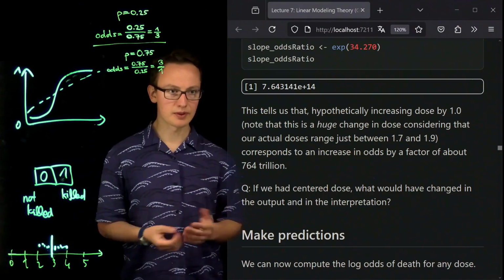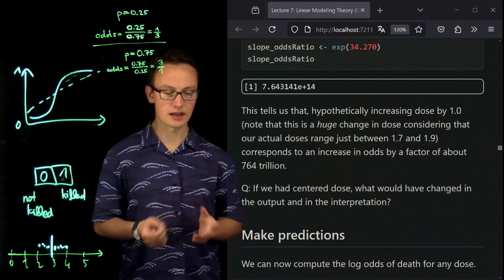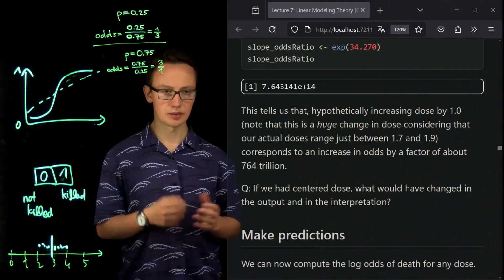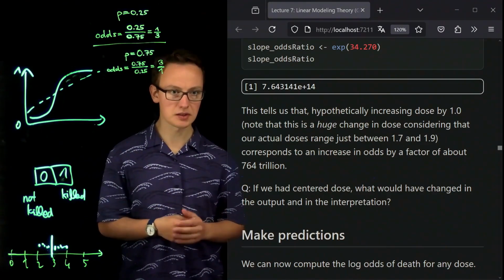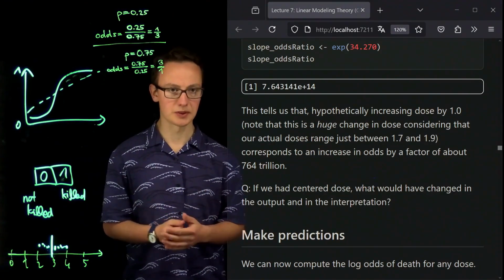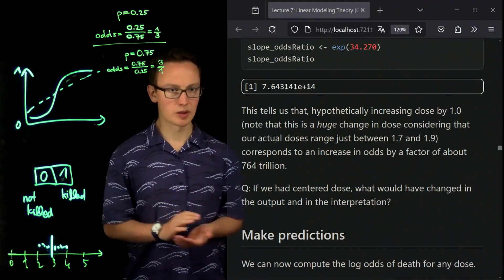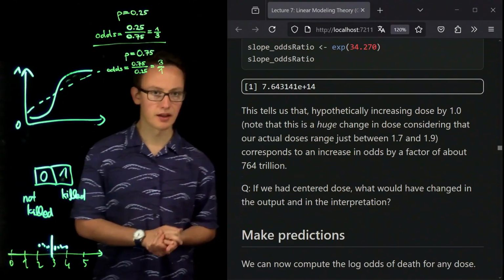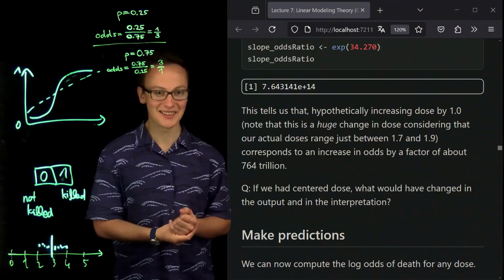So what would have happened if we had centered the dose predictor? What would have changed or not changed in our output and in its interpretation? You can maybe think about it for a moment and pause the video if you like. Okay, so the answer would be